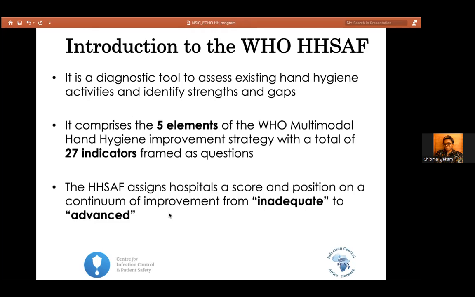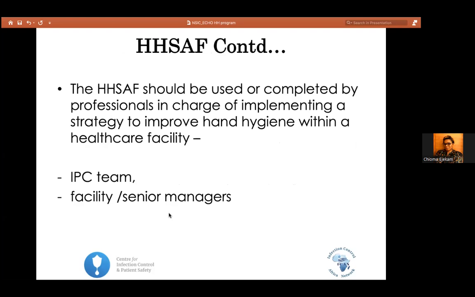After the assessment, the indicator scores are summed up, and you then see whether you are at the level of inadequate, basic, intermediate or advanced. And who should fill this? Any IPC professional in the team, every member of the IPC team should be able to. Your senior manager should be able to do that as well. But certainly, whoever is going to apply the HSAF tool is somebody who understands IPC to some extent.